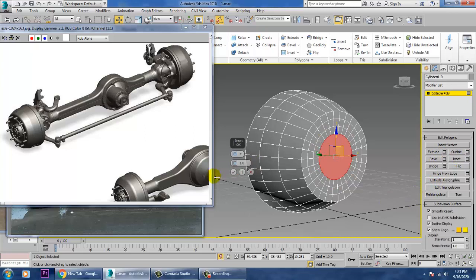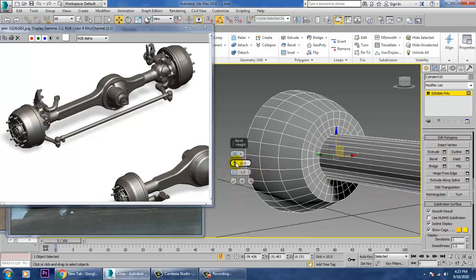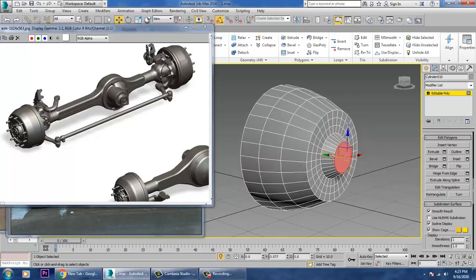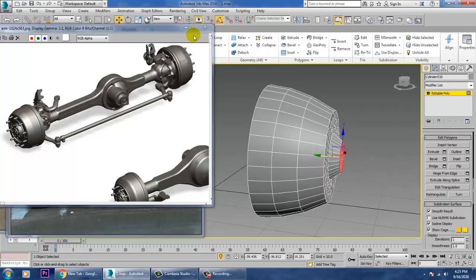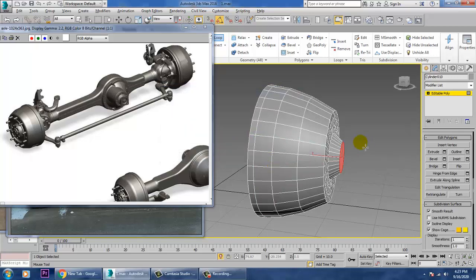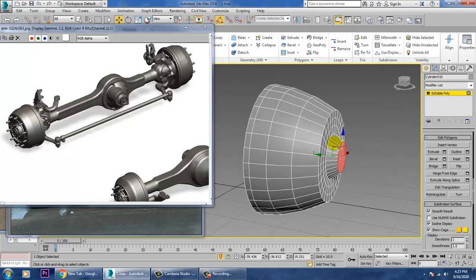Let's give a bit of bevel to it and click OK. Just push it over here. Again use a swift loop over here.